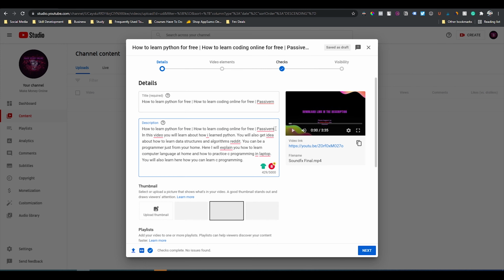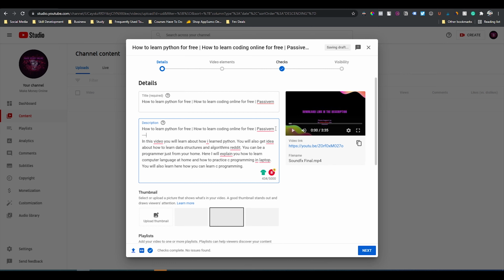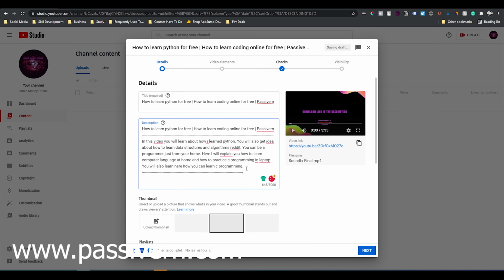You can use some dots here to make it comfortable for viewers' eyes. It's not necessary, but you can use them. Then you can use them again to make your description more readable.